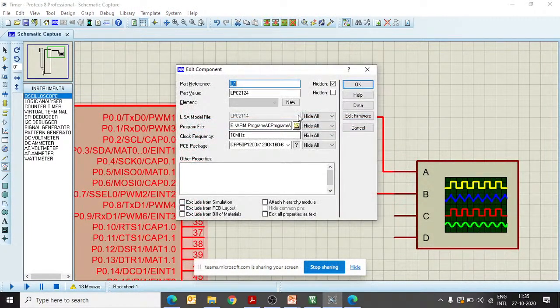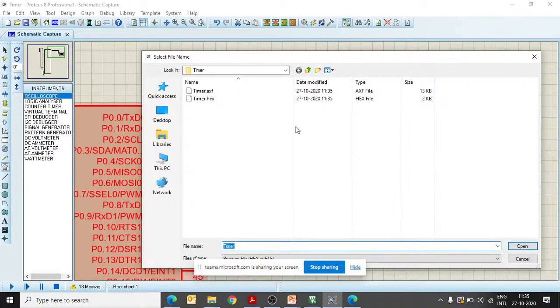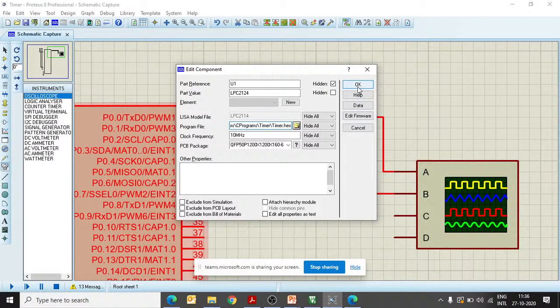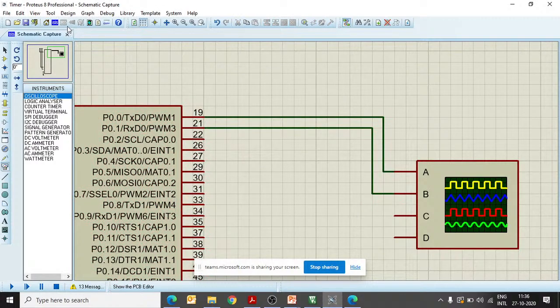And let me specify the hex file here. This is the hex file generated, timer.hex, generated just now on 27th October at 11:35. So I am specifying it in this file, and then I will run the simulation.